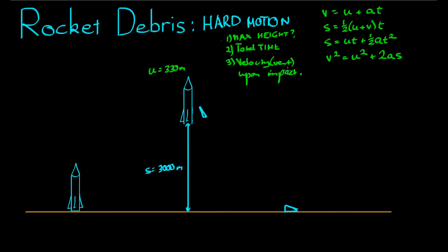So the first one I think is the easiest to answer. What is the max height? The first thing we need to recognize is as soon as this fin comes off the rocket, it's going to be acted on by gravity. The rocket is being acted on by gravity, but the engines are much stronger than gravity, so the rocket is still accelerating upwards. The fin has no engine, so the acceleration on that fin, ignoring air resistance,